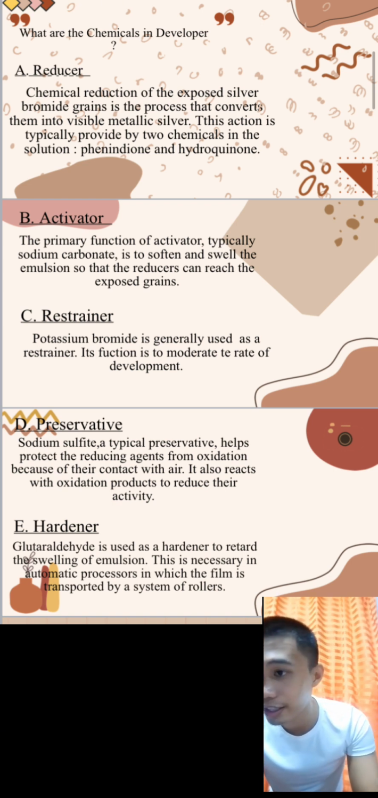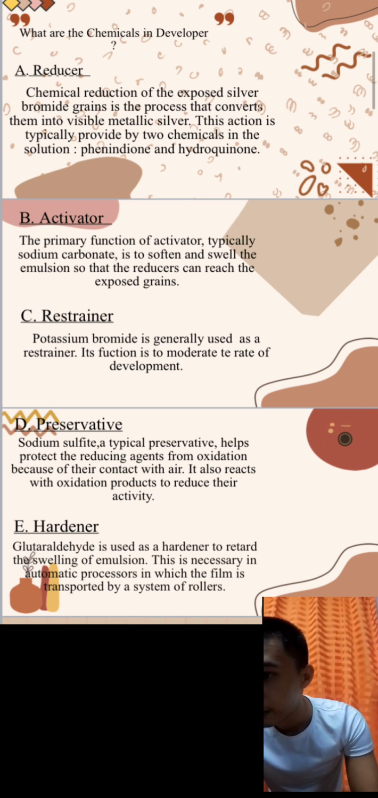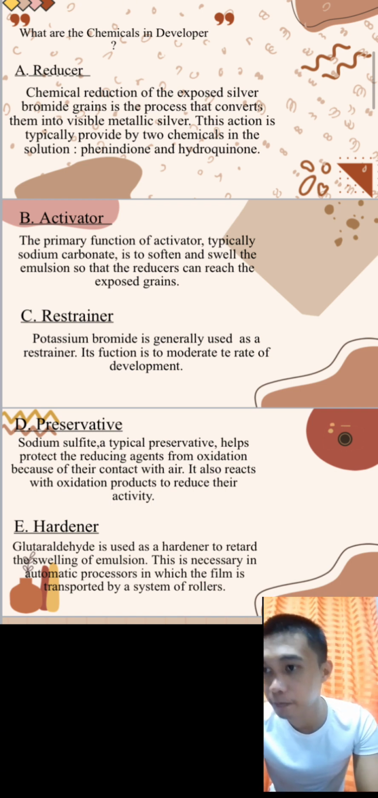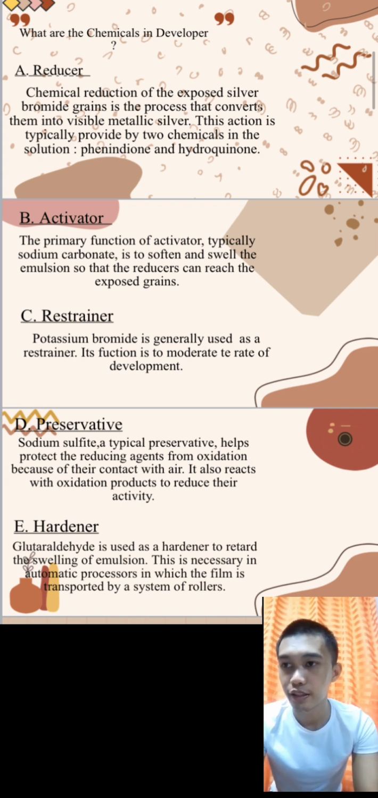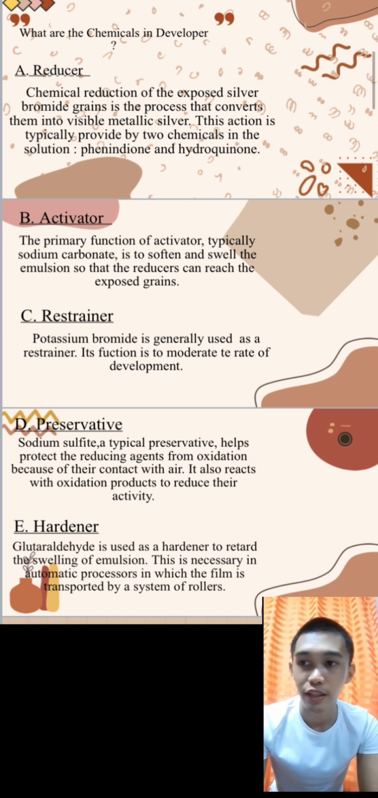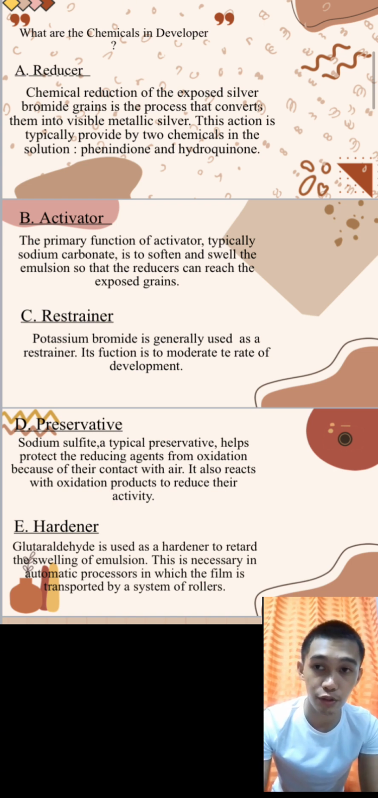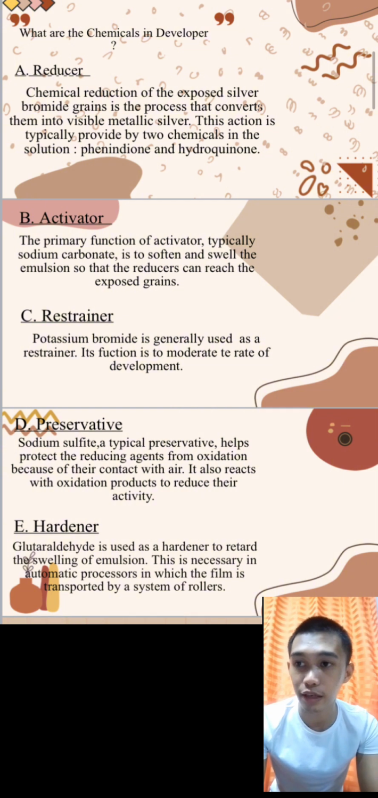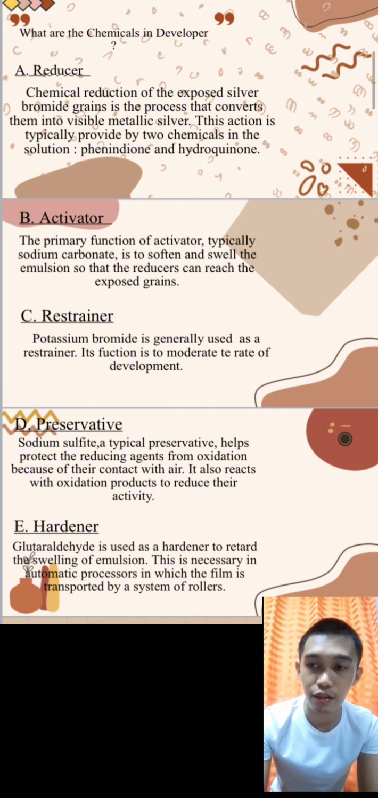This is necessary in automatic processors in which the film is transported by a system of rollers. So the hardener is a chemical compound that is sometimes added to the solution to help fix or stabilize the developed image. It prevents the image from being easily smudged or wiped away,